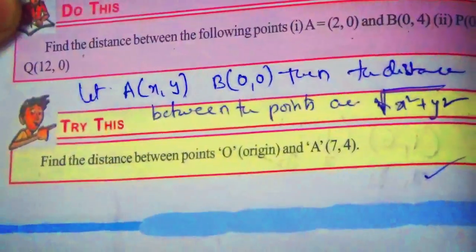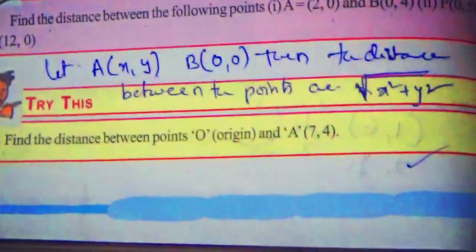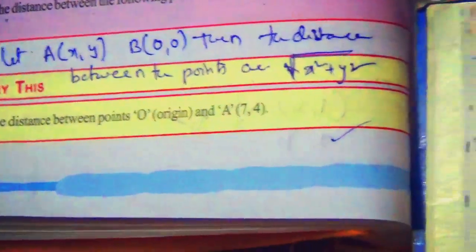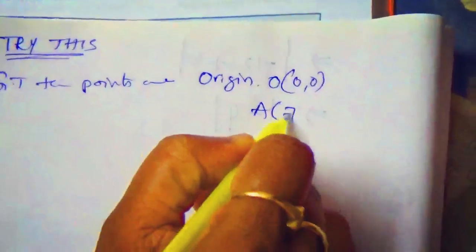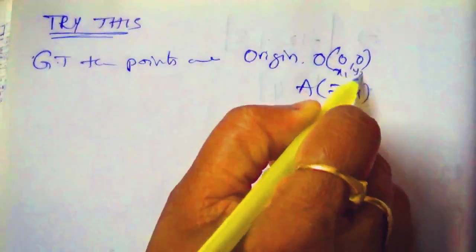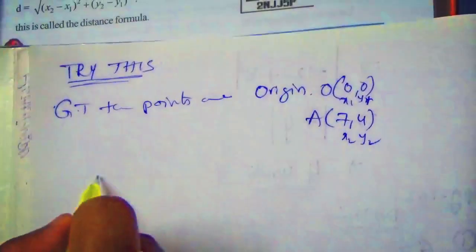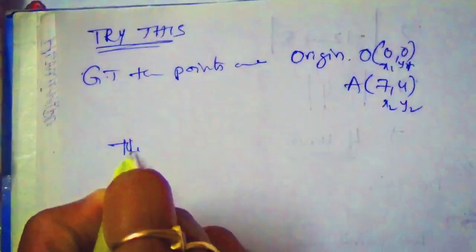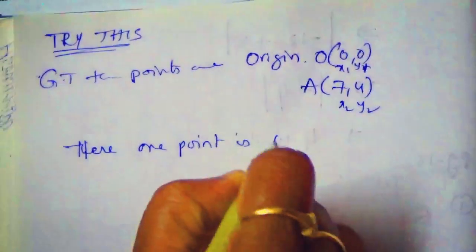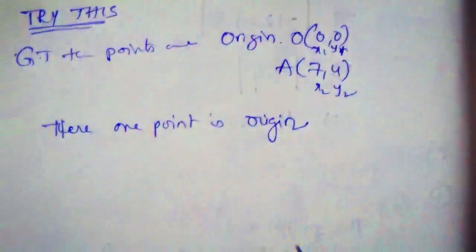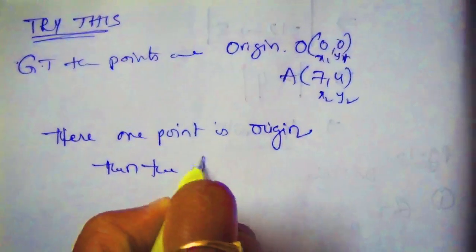What are the given points? Given that the points are origin, which means 0, 0, and another point A equal to 7, 4. It is x1, y1, x2, y2. Then what is the distance formula? Here, one point is the origin. Then the distance between the 2 points